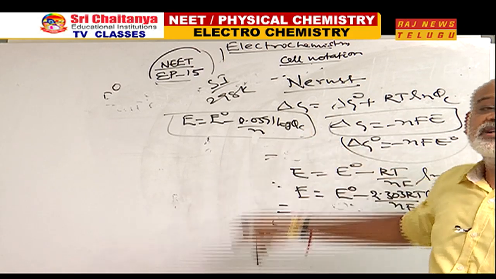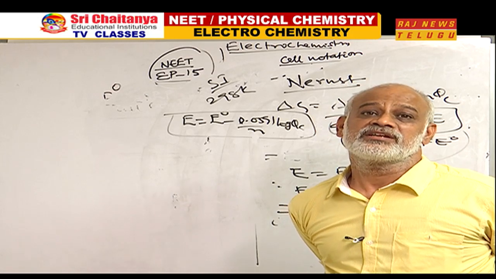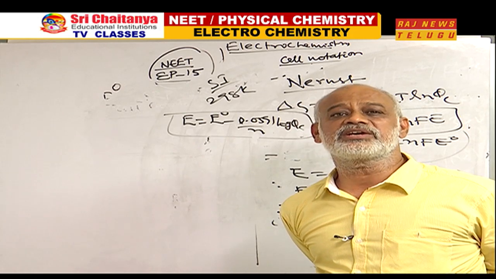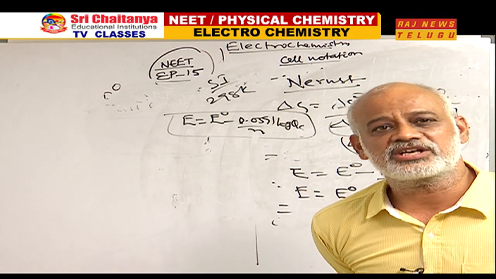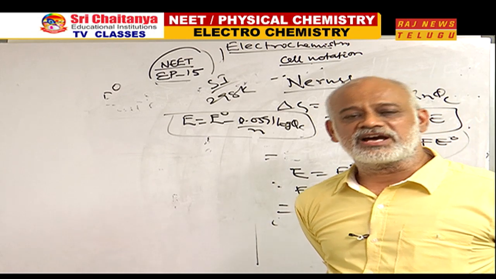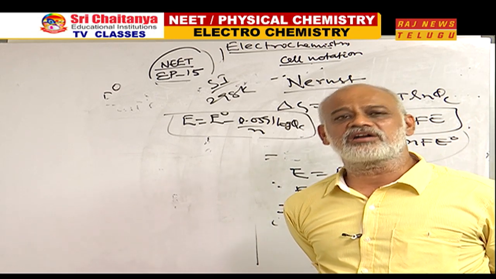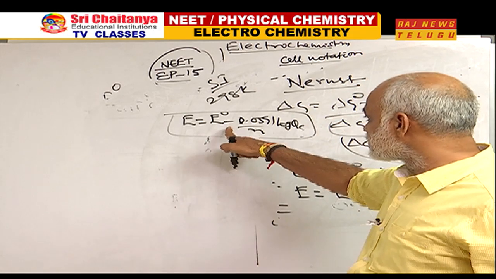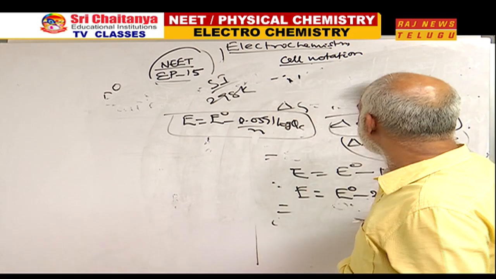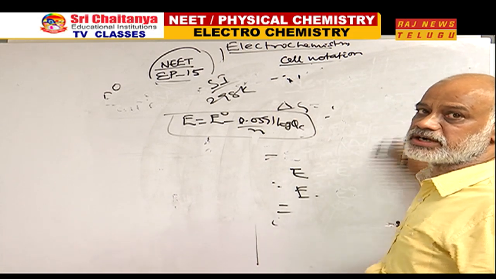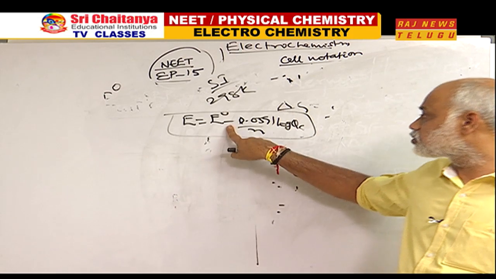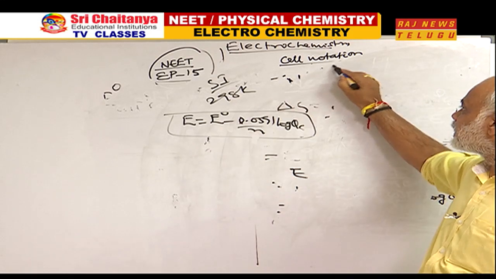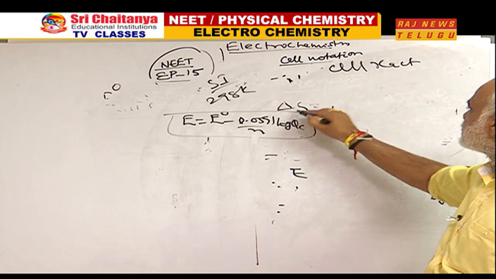That is the reason why, as I was telling you, this Nernst equation is always useful in telling you the effect of concentration on electrode potential value. Concentration changes always influence electrode potential values. This sign is a minus sign. Never forget, when you write logarithm of products by reactants, always this should be minus. It can be written also for the total, for the entire cell reaction.